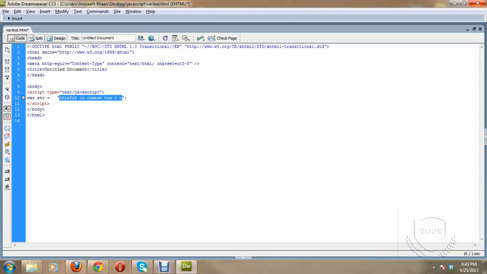Suppose I have the value x equal to 10. I'm writing a condition. I'm just showing what boolean is. We will discuss this condition in the conditional operators. Just look: if x is greater than 20,